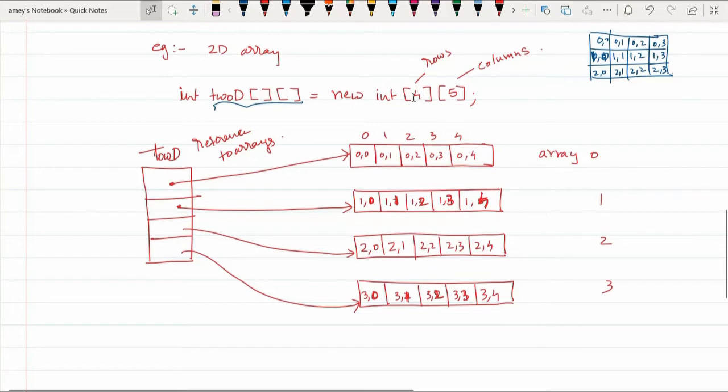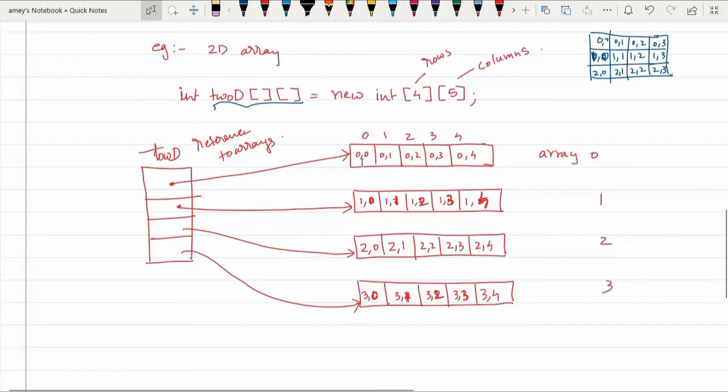Why? Because there are 4 rows, and each array specifies one particular row. And each array will have 5 elements. So 4 rows means 4 arrays, and 5 columns means each of these 4 arrays will have 5 elements.